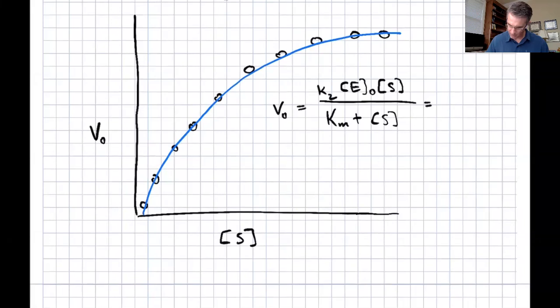Or written another way, Vmax times the concentration of substrate over Km plus the concentration of substrate,